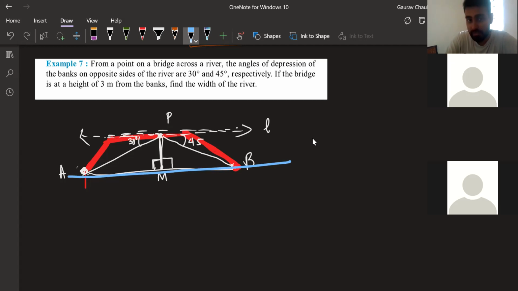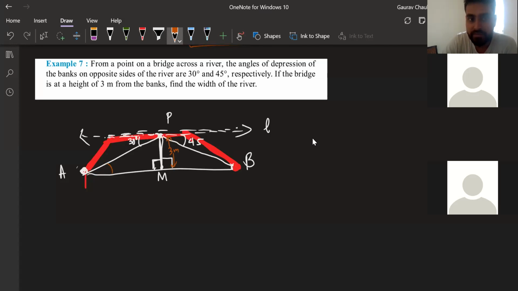I understand this might also be causing some confusion. This water level and bank level, which means B and A, are all at the same level. This bridge is at a height of 3 meters, because the bridge will go up and then go right. That height is 3 meters, which means PM is also 3 meters. Dilruba, do you understand now? Yes, sir. That's finally what I go ahead and solve. Here it is 3 meters, and then it is simple.